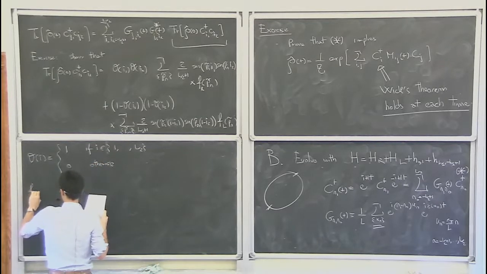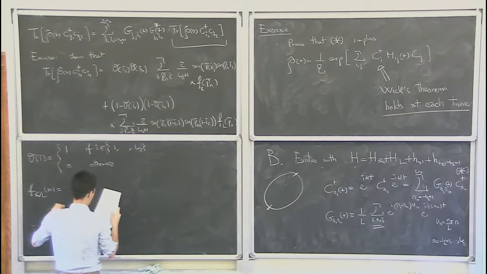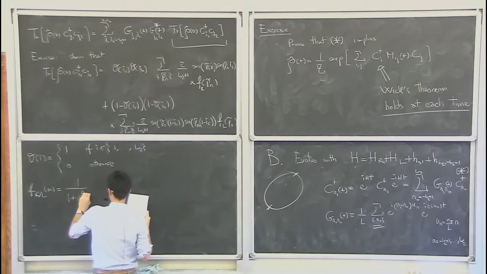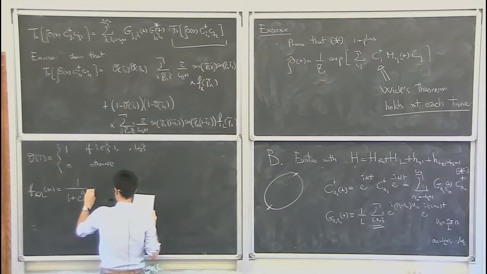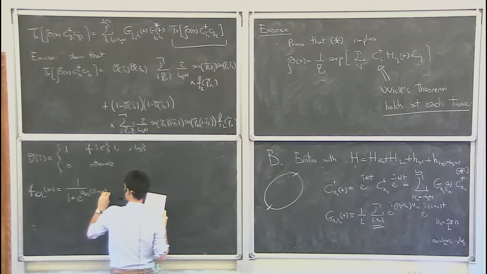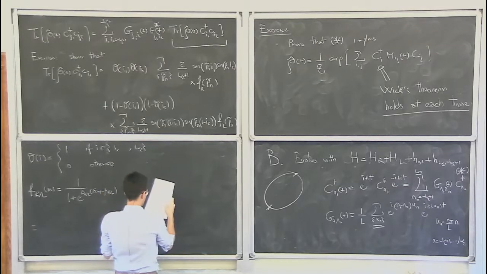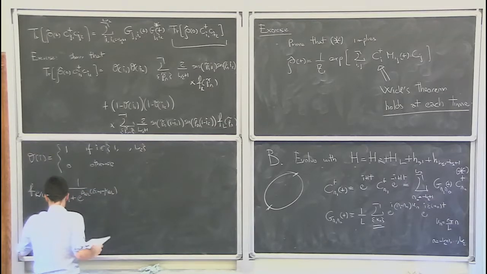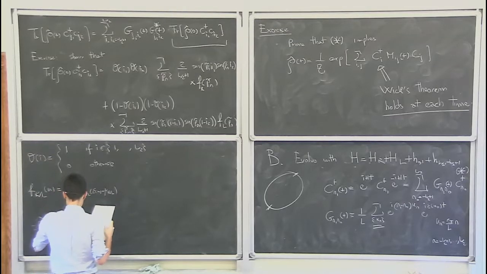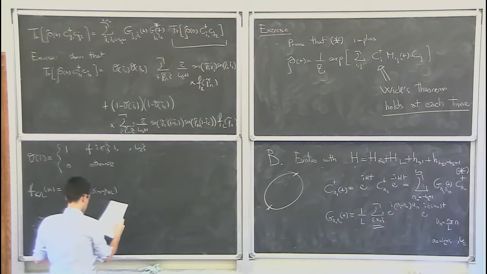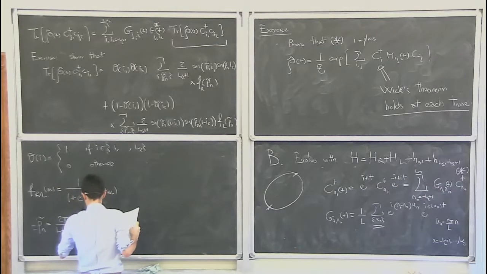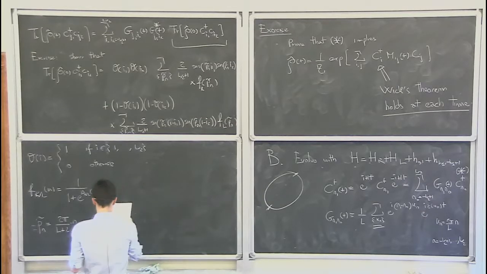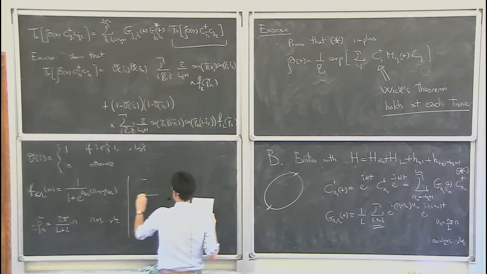Then f right/left of k is 1 plus e to the epsilon of k minus mu right/left, all inverse. And then I introduce this p, which is 2 pi over L plus 2, times n, where n goes from 1 to L/2. And finally, I again use the notation